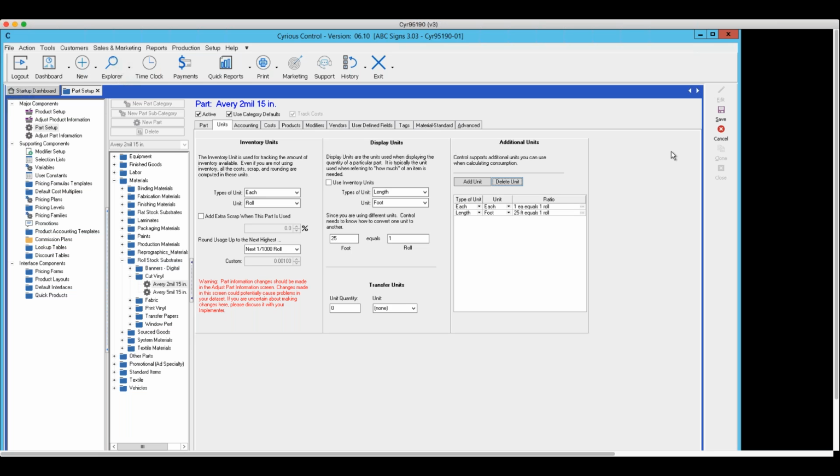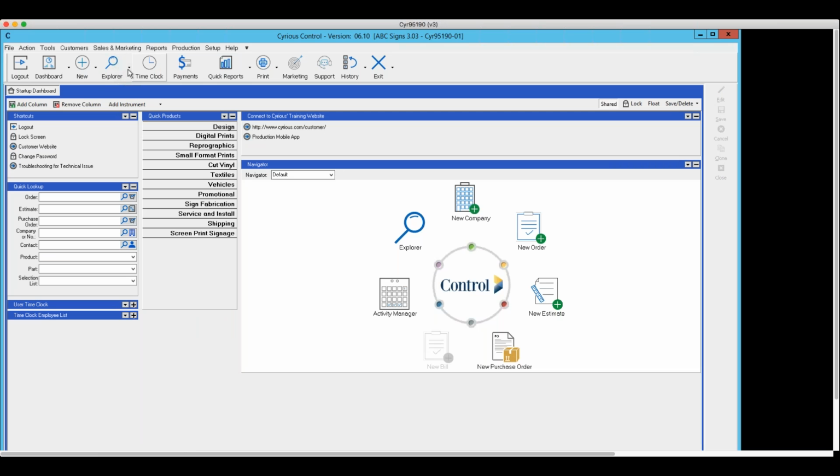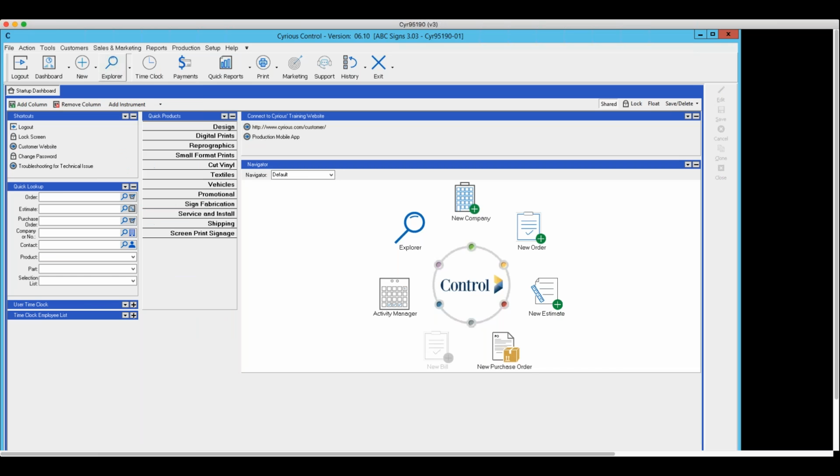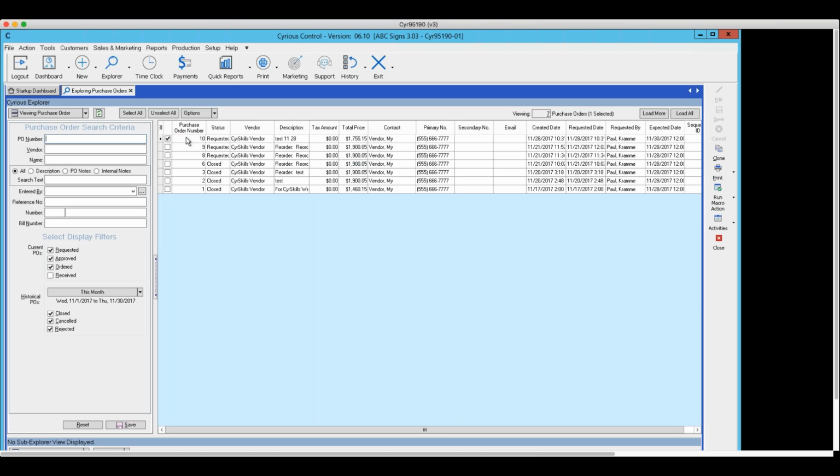I'm just looking at my notes here just a second. Now, one thing that I need to mention, I'm going to cancel this, and I'm going to go back to the PO. This is important, okay? Explore purchase orders. Let's take this one that we just created. Now, in this,